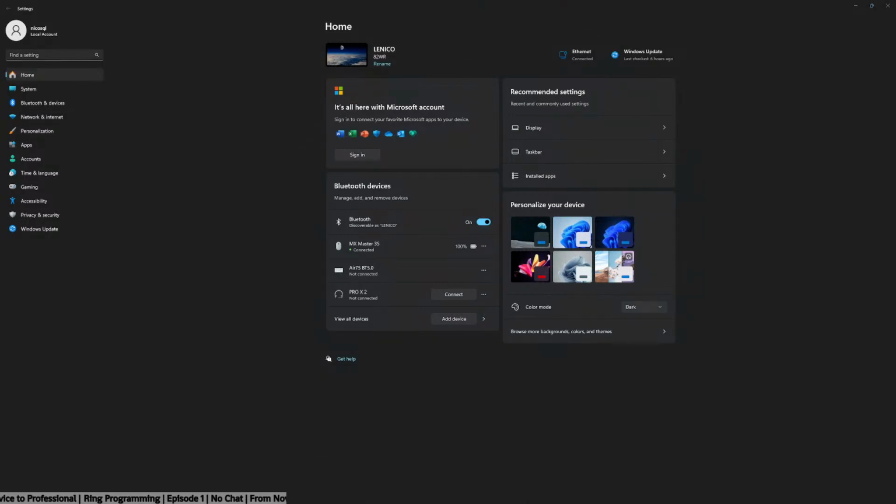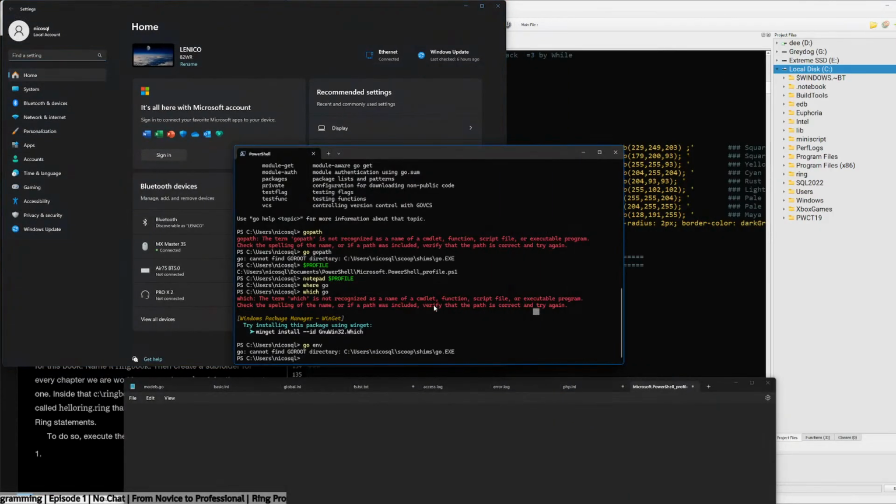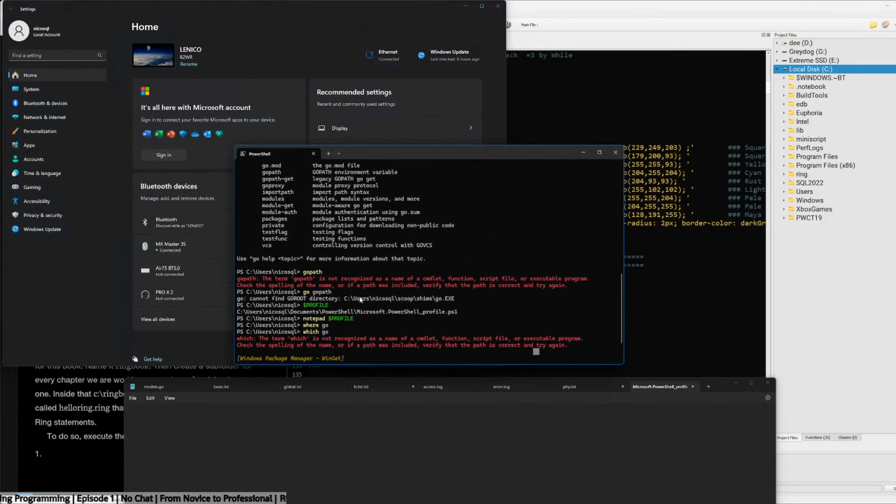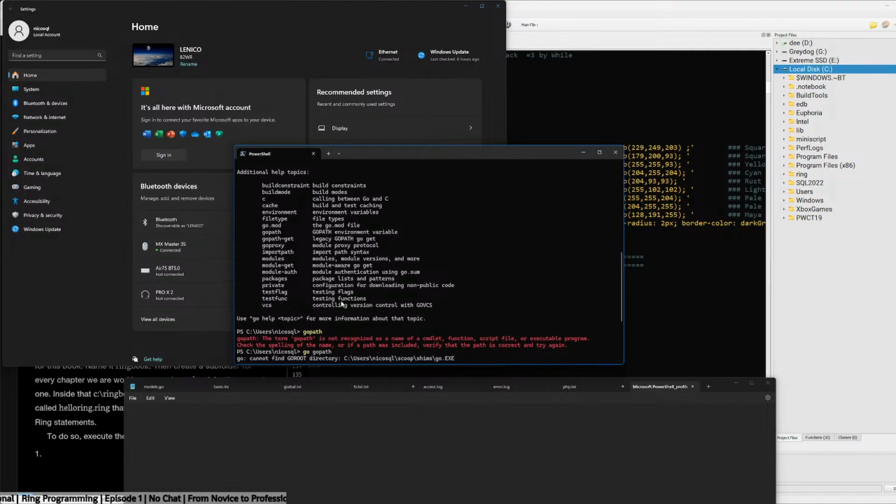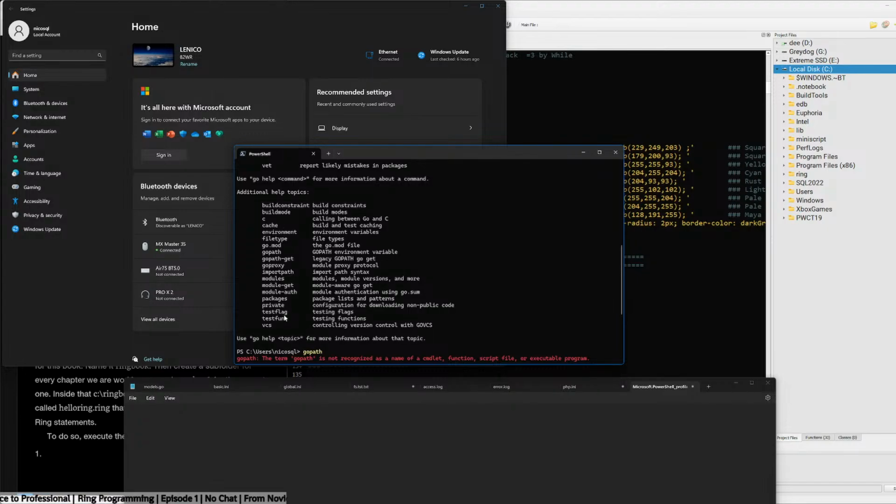This is all coming back to me now, and I remember why I don't do this on Windows. Okay, so which one do you want, brother? Go root, and go root isn't even listed here. It's annoying.